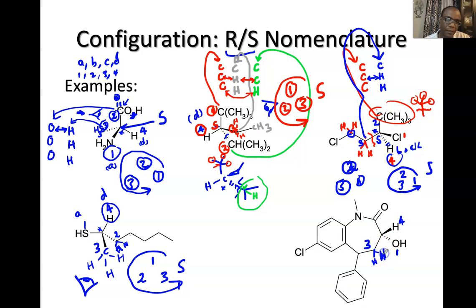And then this carbon here will get a 2 because it's bonded to an oxygen, which is bonded to hydrogen. So if I assign the chirality, I have 1, 2, 3. Okay, so the answer here will be an S,